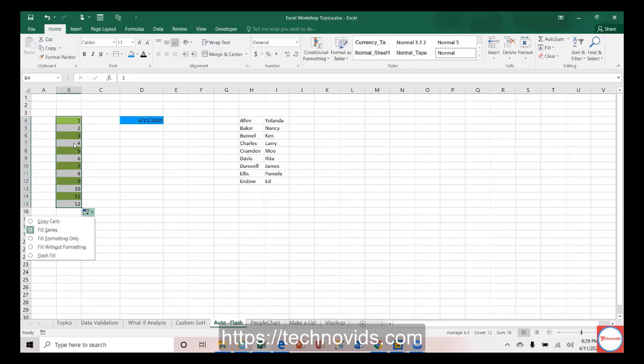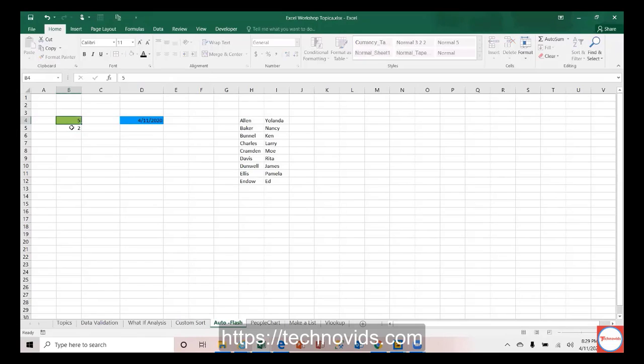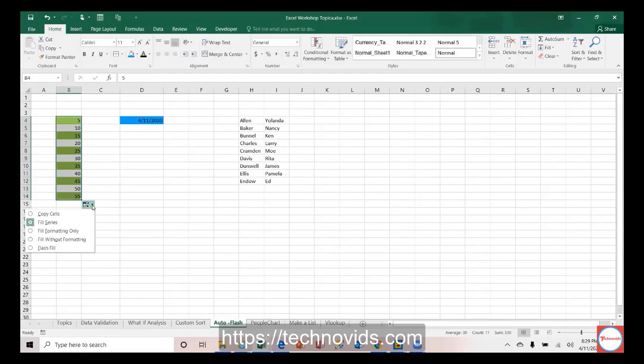Is this only limited to this type? People always use it only for this type of thing, but it is not limited to this. If you give a pattern here, let us say my intention is to go like this, 5, 10 and so on, I can fill the series. I can always do a 5, 10 increment. As long as you are able to give the increment properly, it can always do it.